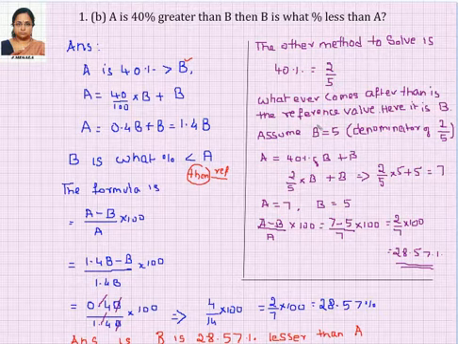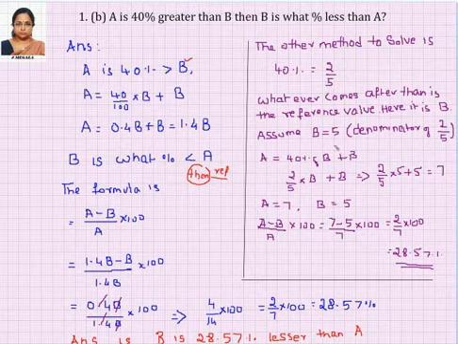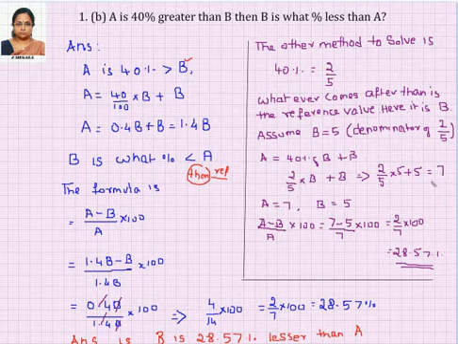So we are going to assume B is equal to 5. That is the reference, whatever you have taken, that one you have to consider and give a value for. We take the denominator of the fraction as the reference value. So here 5 is there, I'm taking this as 5. Now given that A is 40% greater than that, 40% in fraction is 2 by 5. So 2 by 5 of B plus B. B we have taken as 5, therefore 2 by 5 of 5 is 2, plus 5, so it's going to be 7. So now you have A is 7 and B is 5.